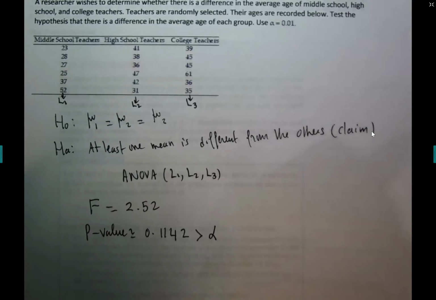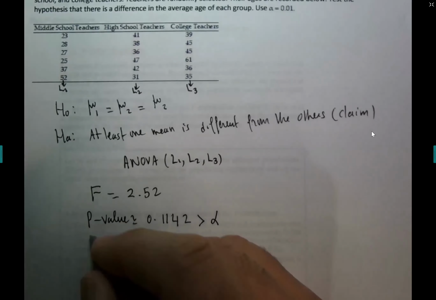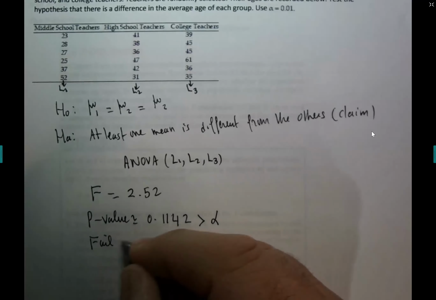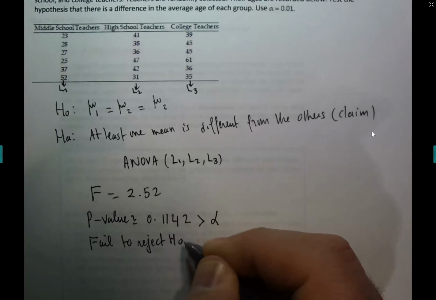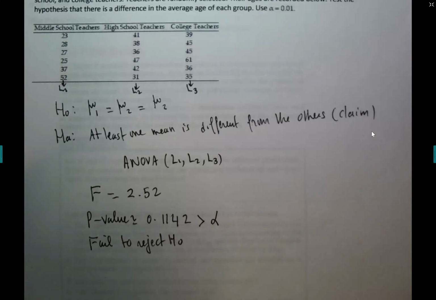Okay, this is bigger than alpha, guys. Fail to reject HO. Even if we thought that they were different, well, we couldn't say that they are different. So,